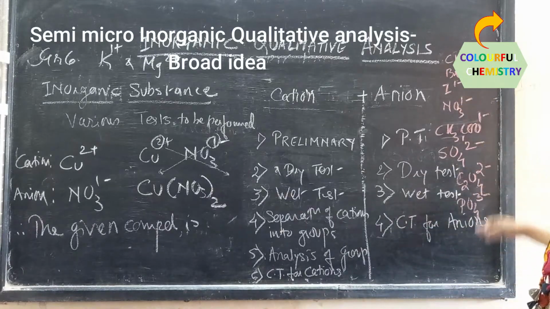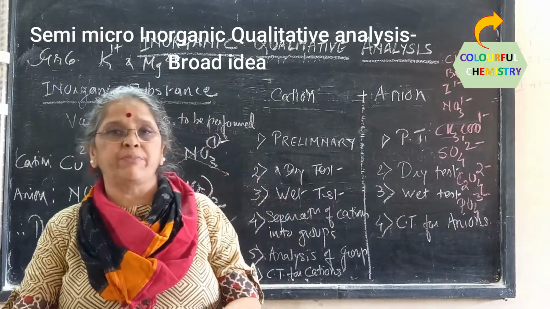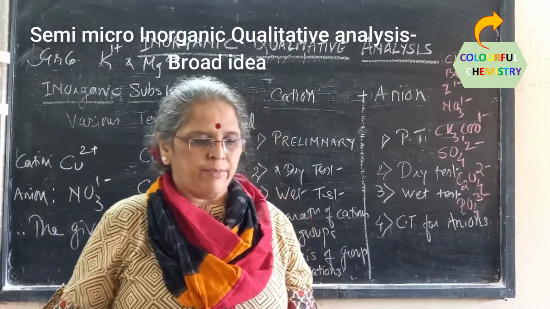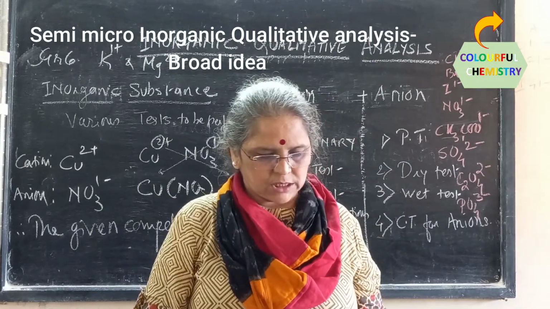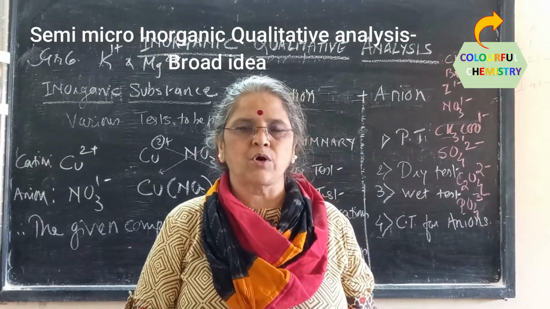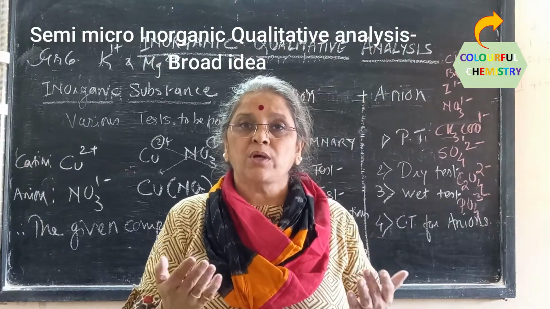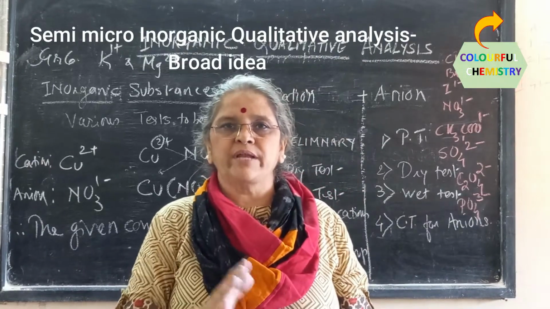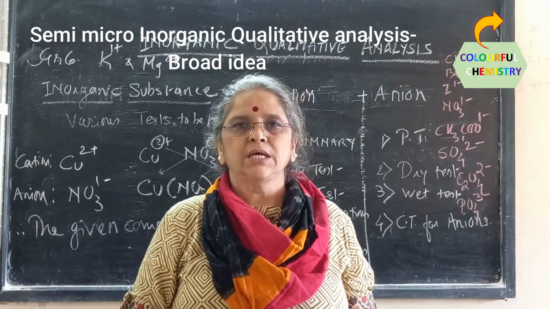These are the various types of anions that we are going to detect in the analysis, or that may be given to you for analysis, and all those tests are included in the lab manual from page number 60 to 70, almost 69. On these pages the analysis is spread out. You don't have to write all the tests. Whatever you get, only that test is to be written. When you come for the actual practical, or when I explain further, I will explain how to write this analysis in your notebooks.